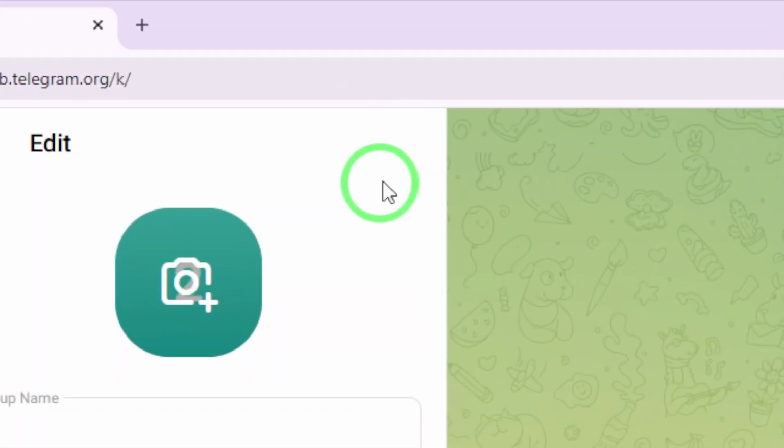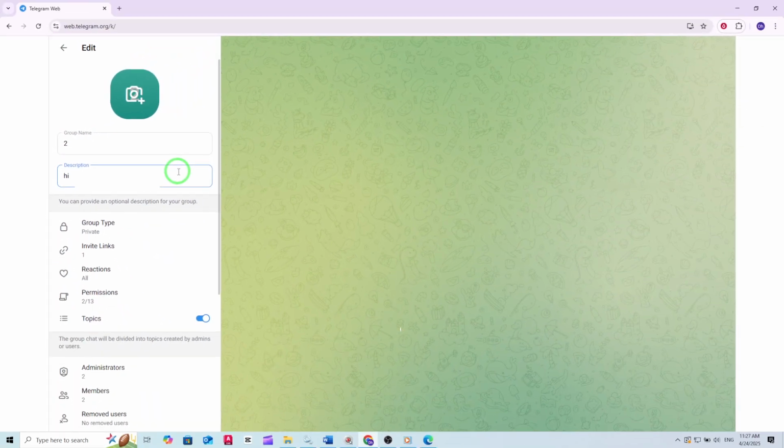That's it. Now, your group members will see the option to create new topics, making it much easier to organize discussions by subject or interest. With topics enabled, your group chat will be divided into separate spaces for different conversations. Each topic works like its own mini-chat, complete with separate message history and notification settings. This helps reduce clutter and makes it easier for everyone to find and participate in the discussions that matter most